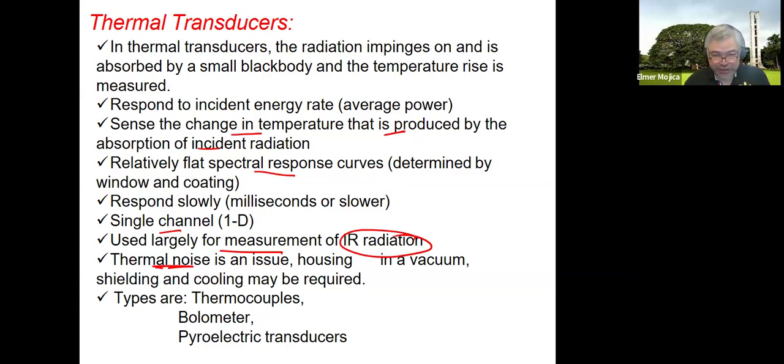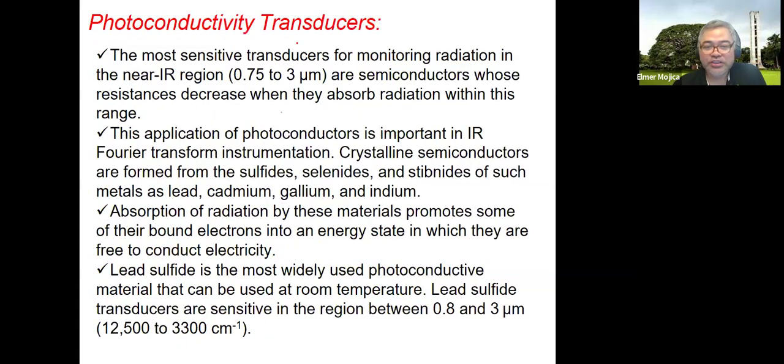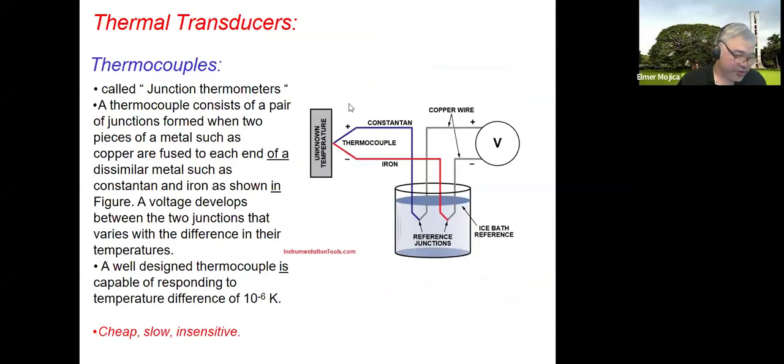And the ones that you have in this portion are the thermocouples, the bolometers, and the pyroelectric transducer. So the most sensitive thermal transducer in the near IR is your photoconductivity transducer. So what's the difference of this compared to this one? Okay, it should go before that one because there's still another special case, or maybe I'll put it together. So if you have the thermocouples,